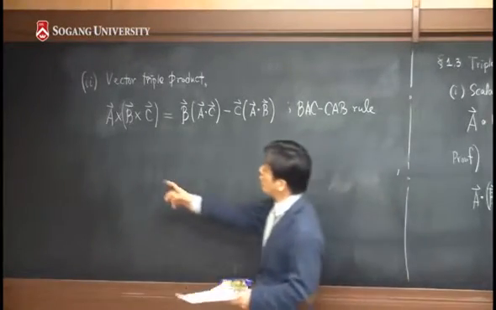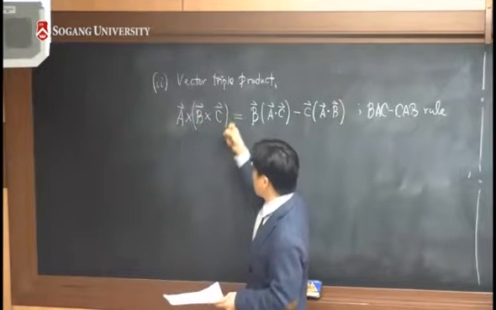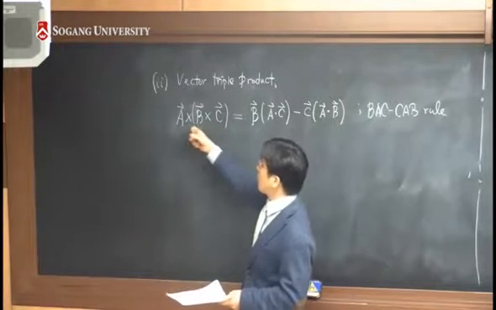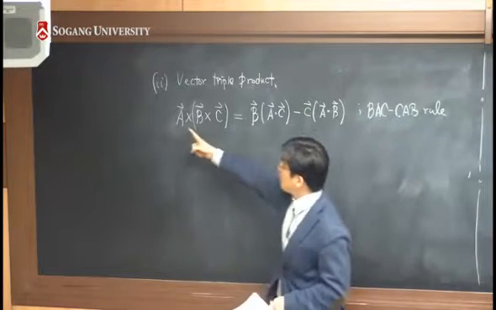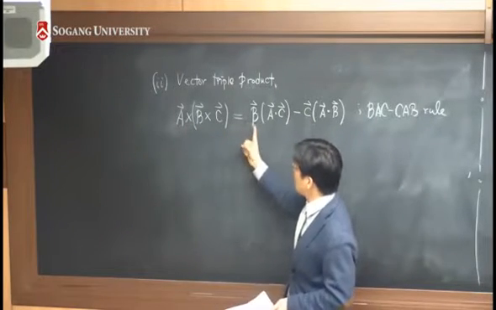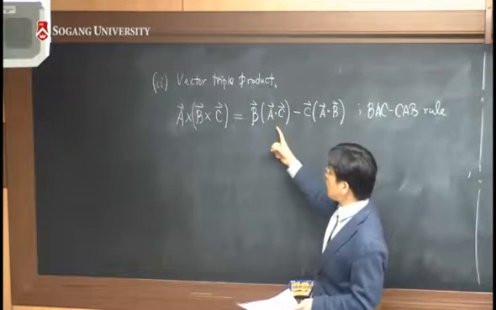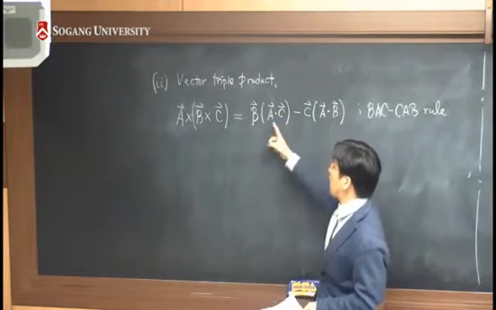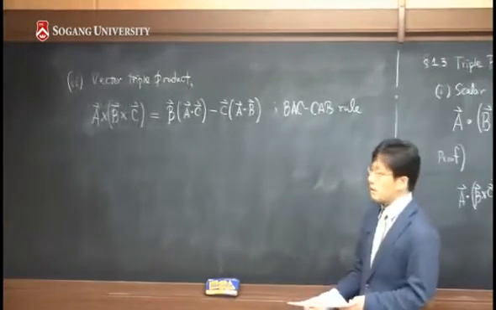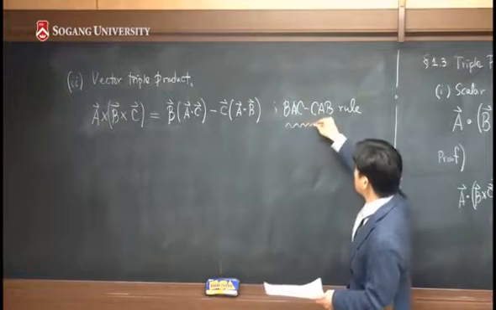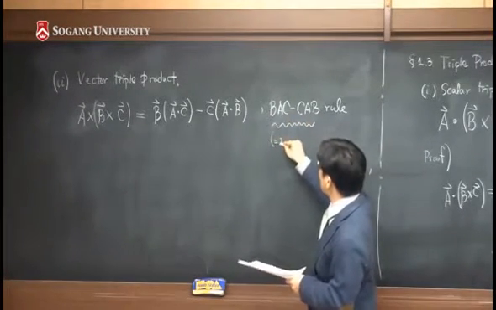So if you multiply A, B, C in a sequence, taking the second product first, it will result in B minus C, and the first part, B, is multiplied by A dot C, and the second part is multiplied by A dot B, like this, and we call this rule the back-cap rule,